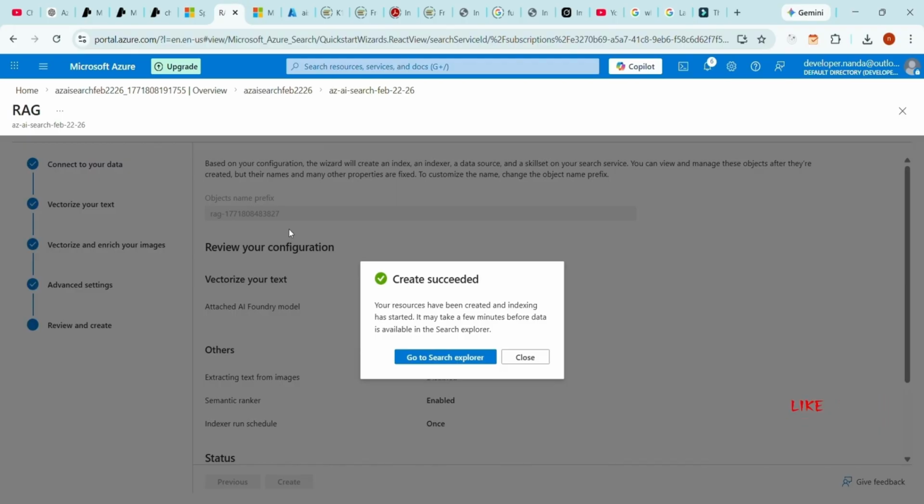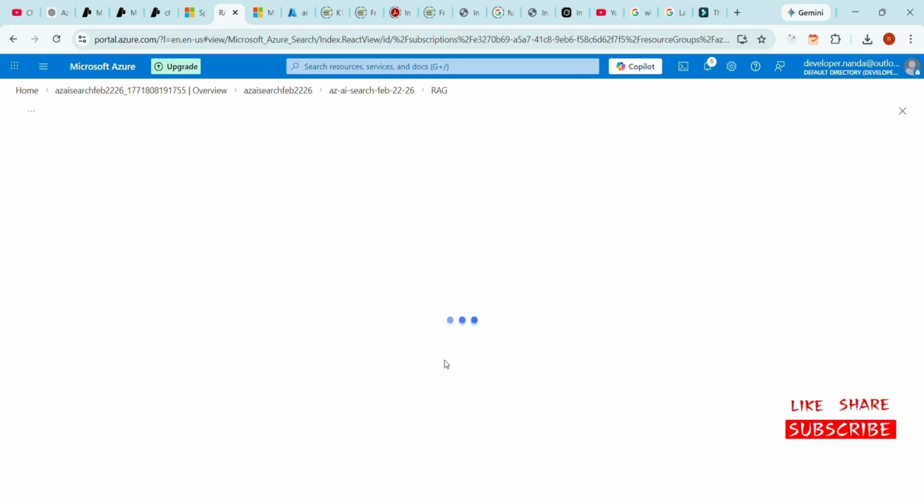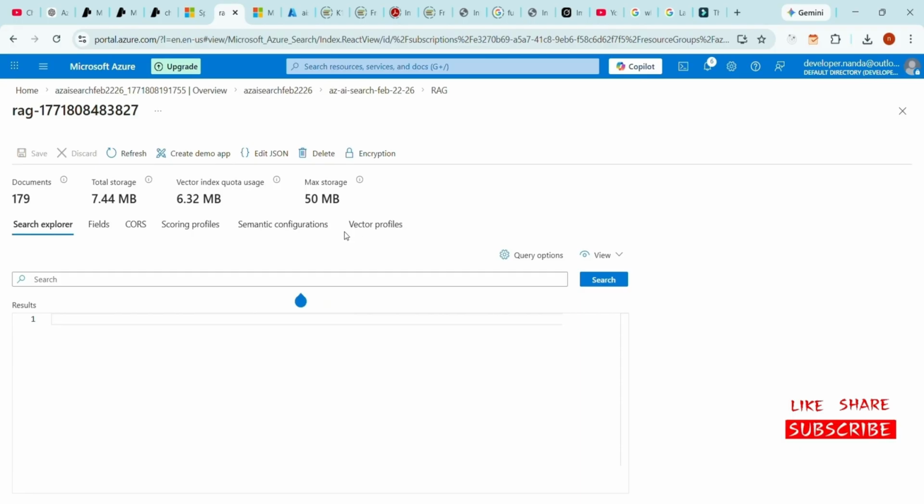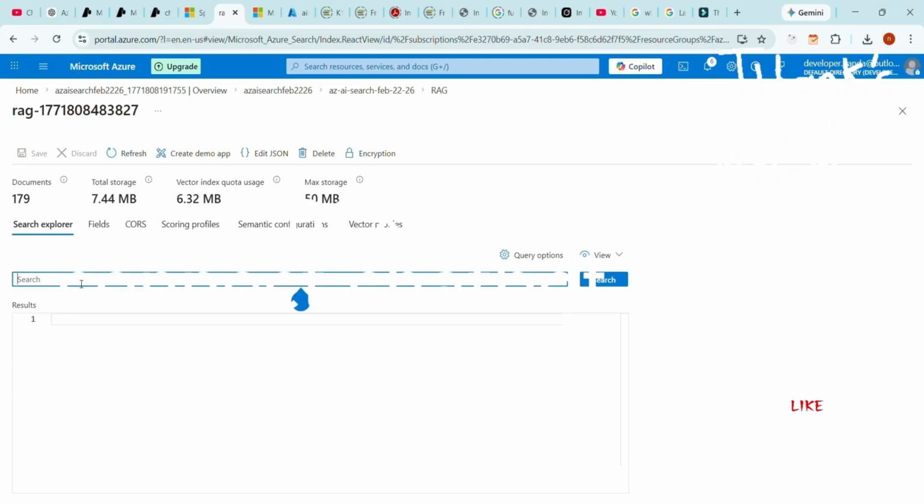In Azure AI Search, you need to select the PDF file and the text embedding model. Then it is going to create its vectors. And these are the documents. This is our RAG model. The max storage is 50 MB and our vector storage is 6.32 MB. The total storage we have used is 7.44 MB, and we have 179 documents. These are vectors. And if